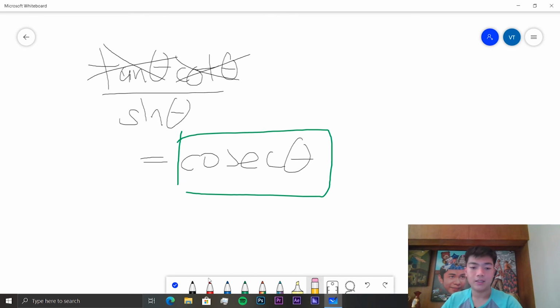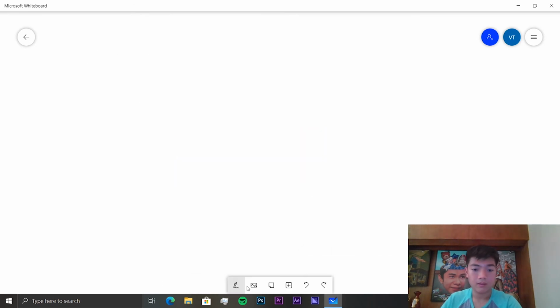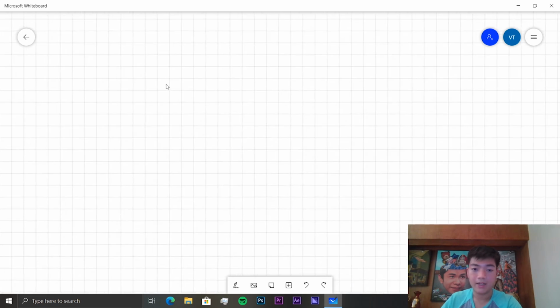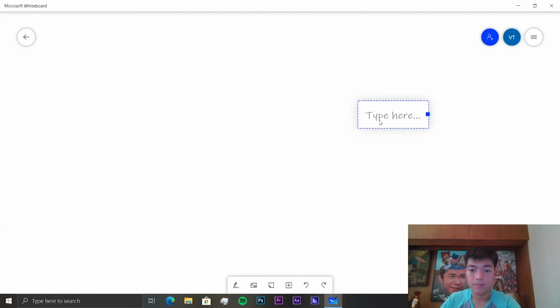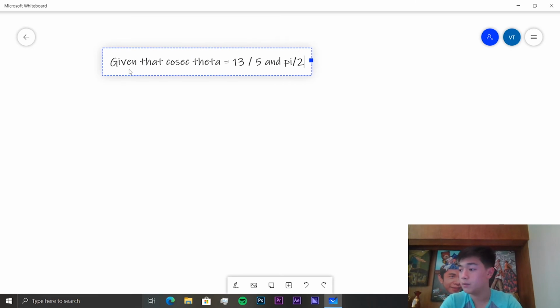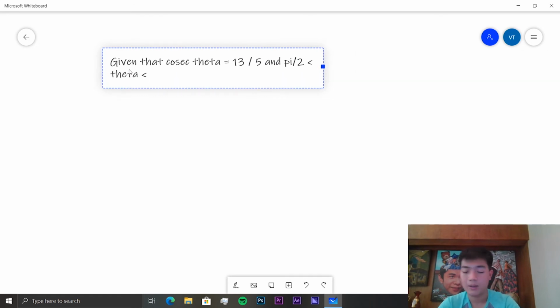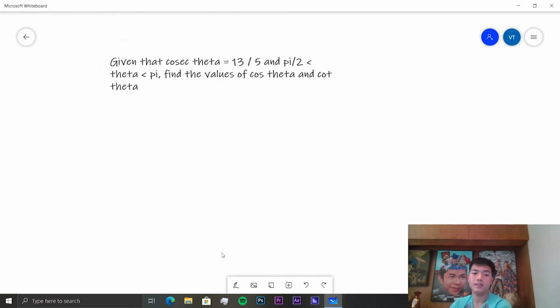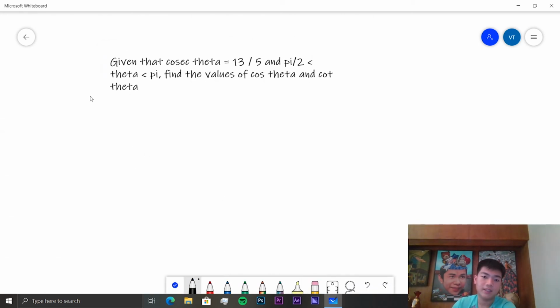Okay, finally, on to our last question. We know that, given that cosecant theta is equal to 13 over 5 and pi over 2 is less than theta, less than pi, find the values of cosine theta and cotangent theta. So we have cosecant theta is equal to 13 over 5. So 1 over sine theta is equal to 13 over 5, so sine theta